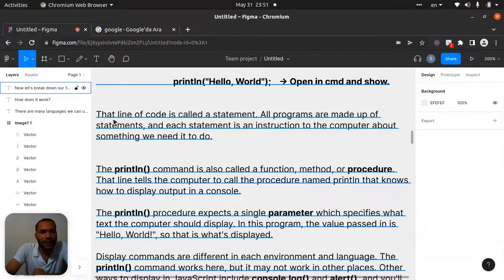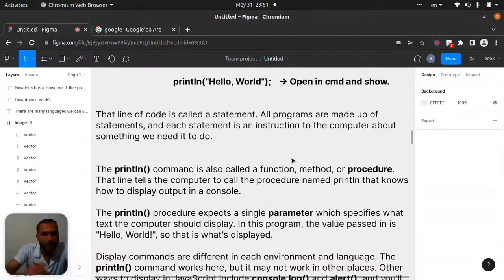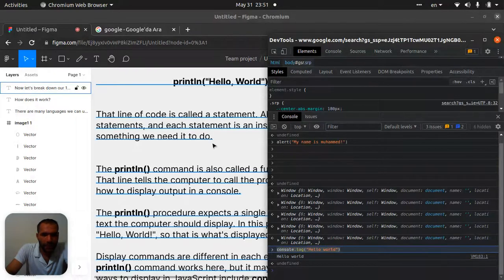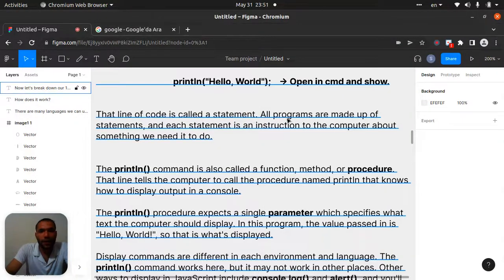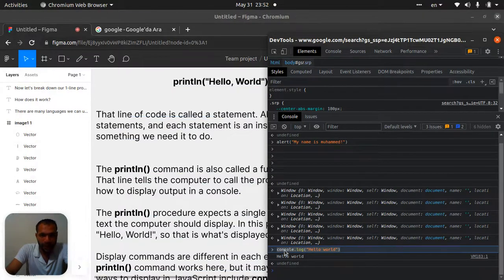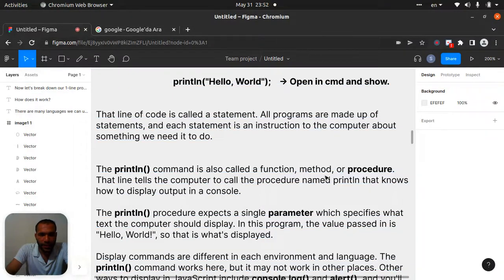Now let's look here. That line of code is called a statement, which is what we are talking about: console.log, hello world in brackets, with the code. So this is a statement, okay? We're calling it a statement. All programs are made up of statements, and each statement is an instruction to the computer, which is us saying, computer, hey, do it like that, right?